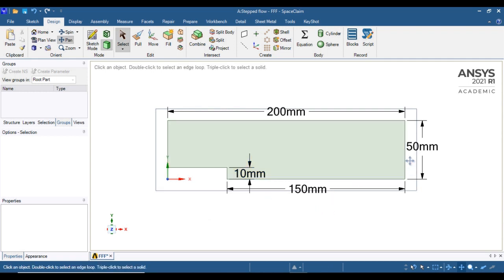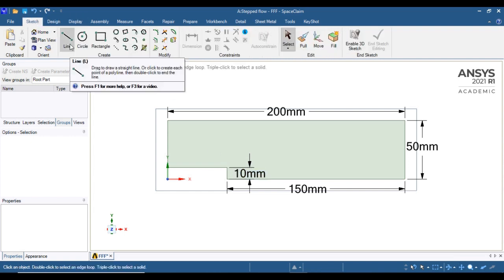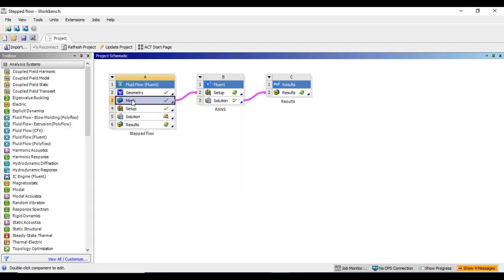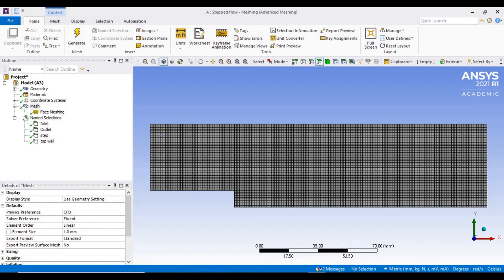The geometry which I had considered is a simple pipe where the inlet and outlet diameters are different, having 200 mm of length, and I am considering 10 mm of this step, which you can create with the help of these line operations. Once you create that geometry, I will show you what mesh I am considering for this file. In the mesh sections I am considering 1 mm quadratic elements.